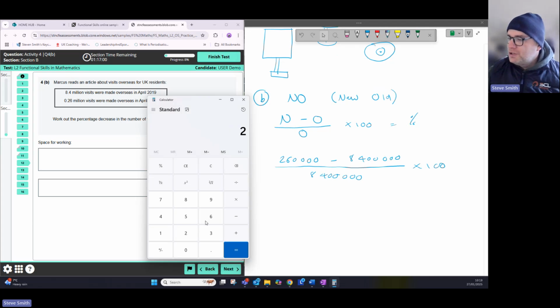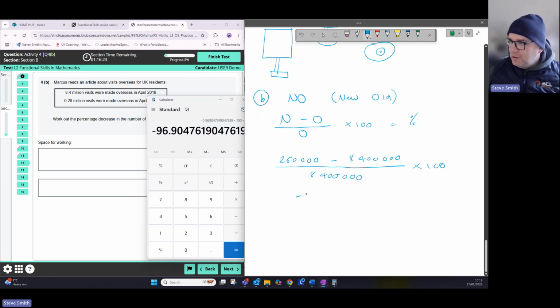So we're going to go 260,000. That's the new number. Take away 8.4 million. Equals. That's the top part done. Divided by 8.4 million. So that gives us the decimal. And then we're going to times it by 100. Equals. So as you can see, we've done that, take away that, divided by the same number, times by 100, it's minus